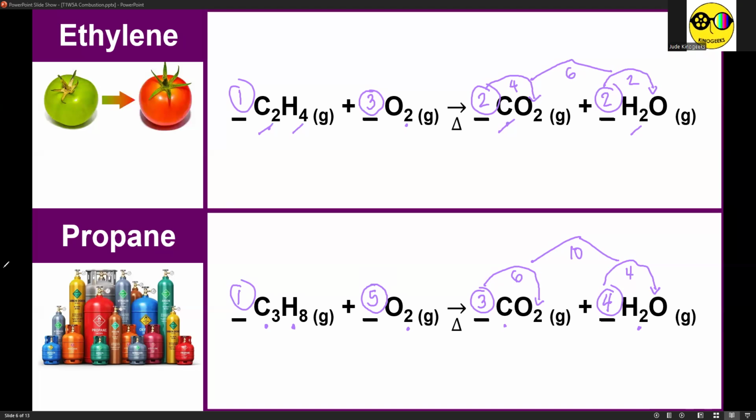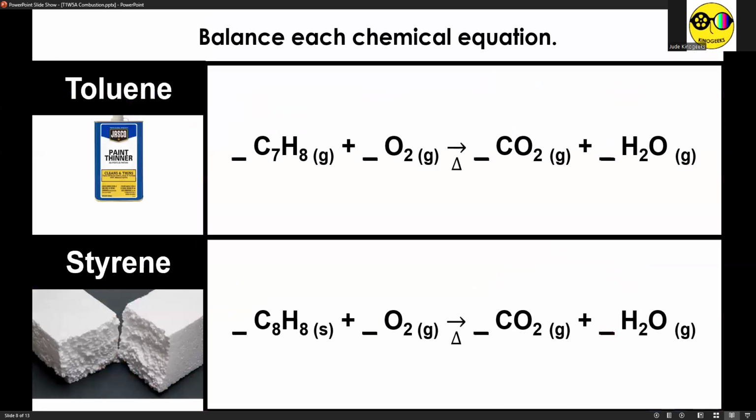Okay, so let's proceed to our seat work this morning. When I ask you to balance each chemical equation, no need to identify the type because we only tackled one type of equation today, which is combustion. Okay, so we will be burning toluene and styrene separately. But let's start with toluene first, with the chemical formula of C7H8. So for toluene, you have 7 carbon atoms on the left side and only 1 carbon atom at the right side. For 1 to become 7, you have to multiply CO2 by 7.